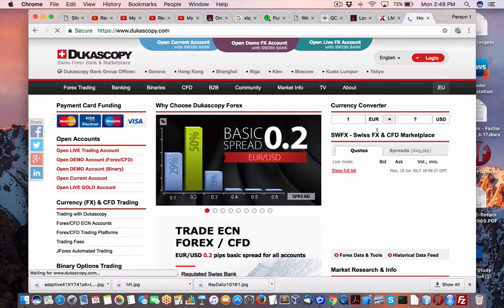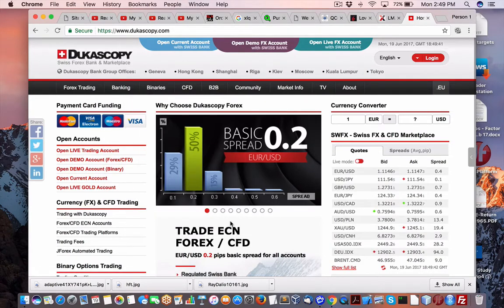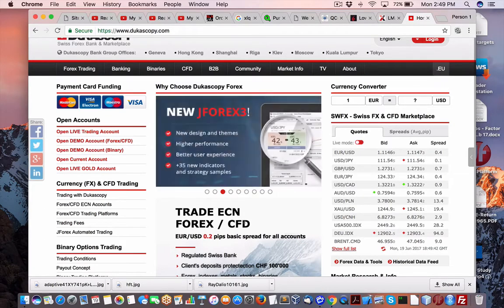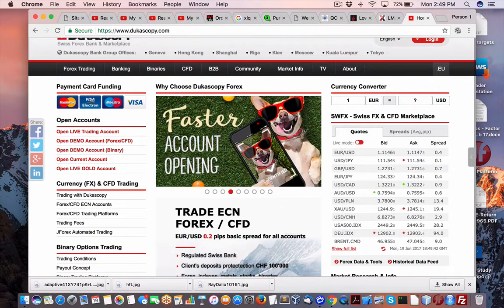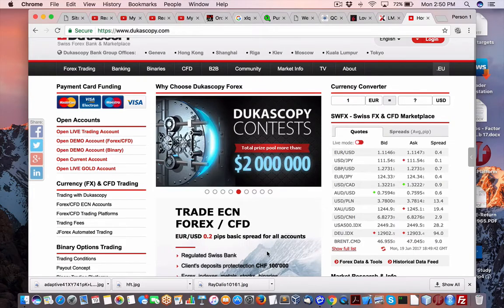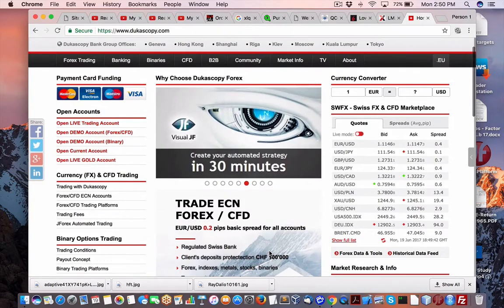There's two options when it comes to Dukascopy: Dukascopy Switzerland and Dukascopy Latvia. From what I heard, Dukascopy Europe, which falls through Latvia, puts your money on deposit in Latvia, which means it's not protected, it's not regulated. Whereas if you put your money where you need 5,000 Swiss francs for Dukascopy Switzerland, you are then protected under the Swiss banking system with that account. So there's two separate accounts with Dukascopy.